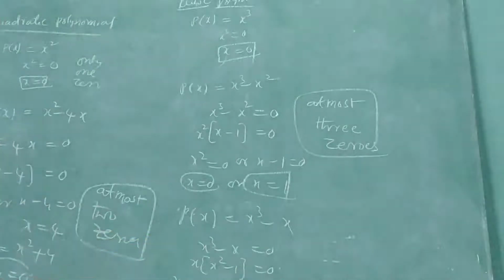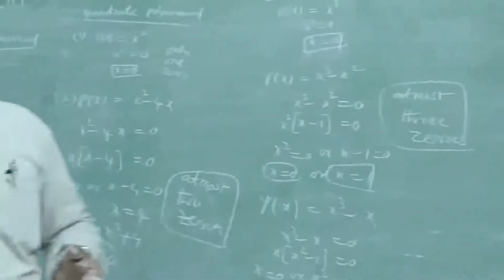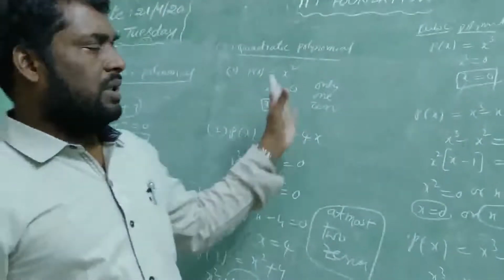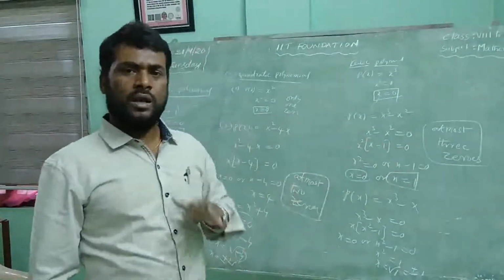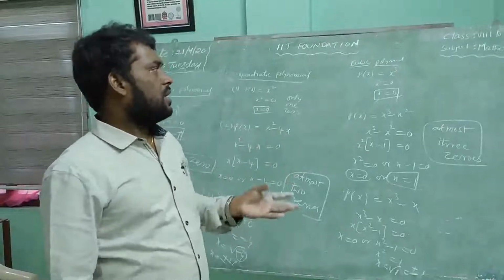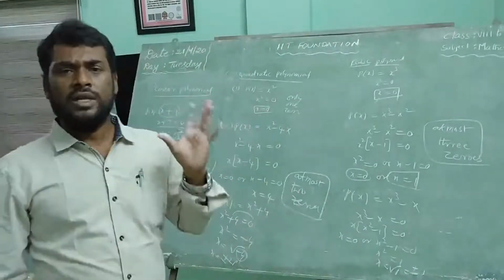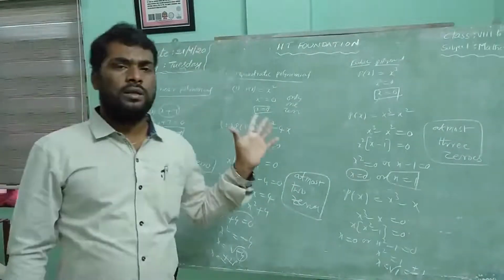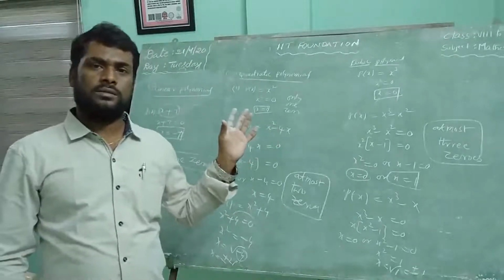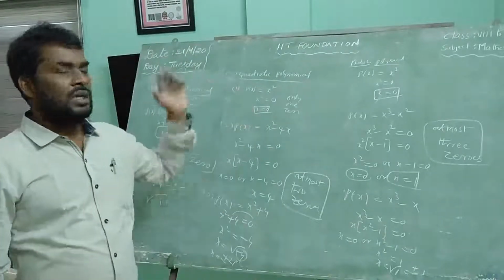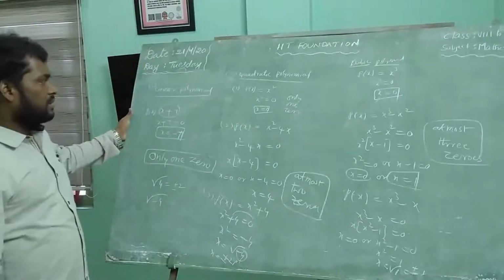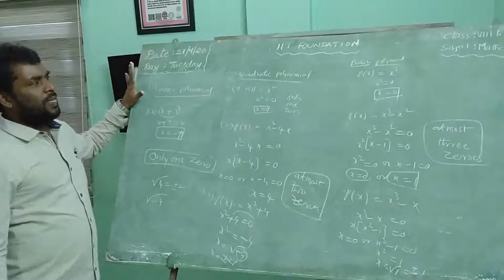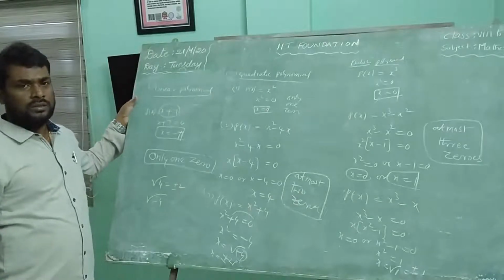Like this, in different cases, different types of polynomial have different zeros. At most 3 zeros means it has 3 zeros or less than 3 zeros. Suppose the degree of the polynomial is n. How many zeros does it have? It has at most n zeros. So this is about zeros of a polynomial.